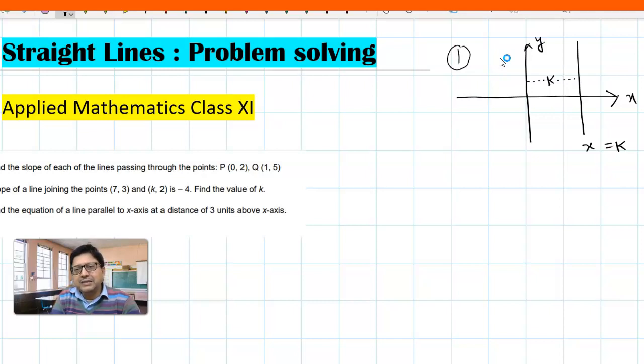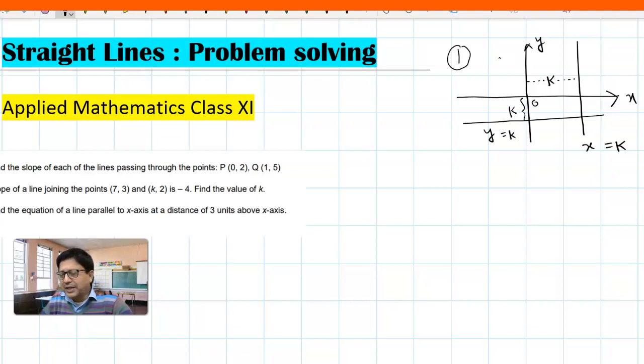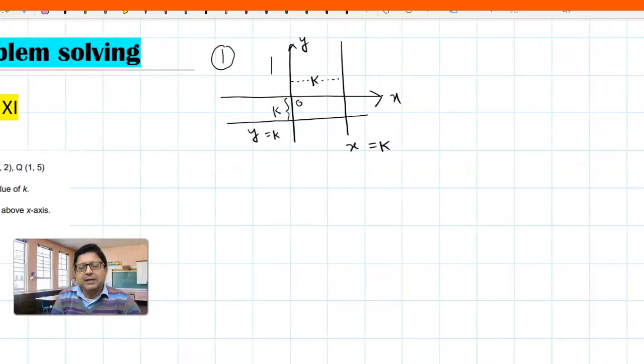Similarly, if the line is at a distance k unit from the x-axis, as it was from the y-axis, x equal to k, now this time y is going to be constant, but that constant we are assuming as k. So line parallel to x-axis is y equal to k and line parallel to y-axis is x equal to k. We will also remember line in gradient form. In gradient form, the equation of line is